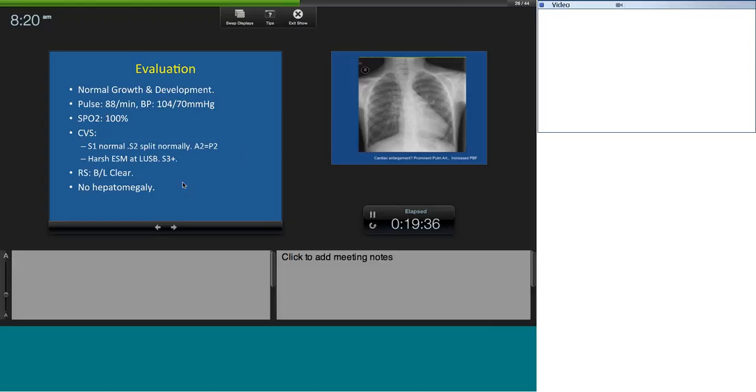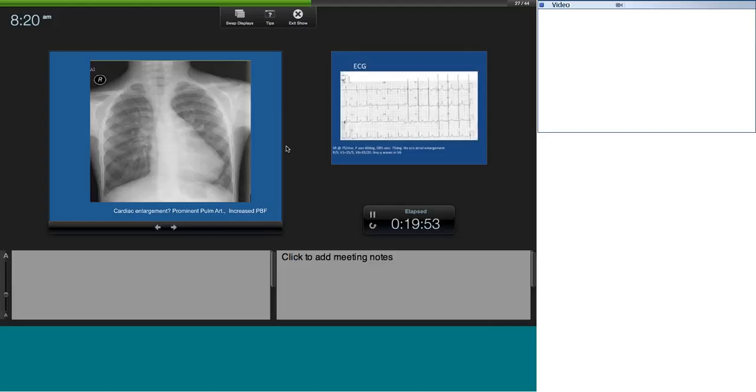In this particular example, P2 is loud and it was reported to have normally been split, but I'm not sure about the reliability of this. There's the ejection systolic murmur, no hepatomegaly. So he is not in any heart failure. Heart size, if you see the X-ray, so do you want to interpret this X-ray, any one of you, in terms of